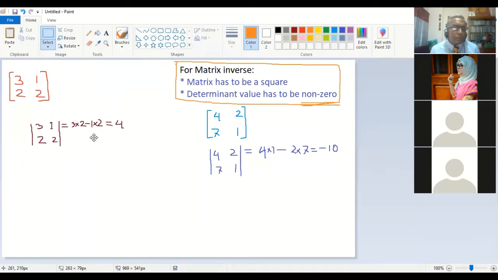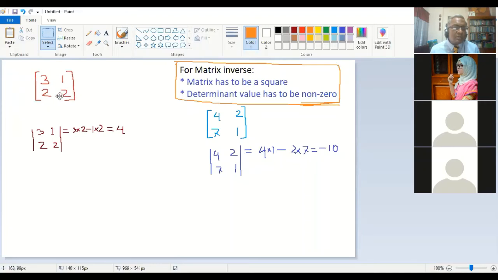So now I am showing what you will do if you want to find out the inverse. The first thing is, let us have the name of the matrix. This matrix will have a name. So what is the name actually? Maybe A, maybe B, it's up to you. So let me write the matrix is A. And what you want to find? You want to find the inverse of A. So inverse of A is written like A to the power minus 1.